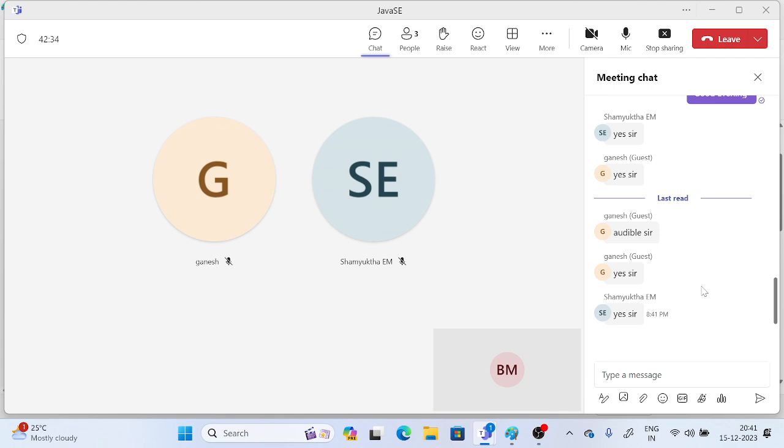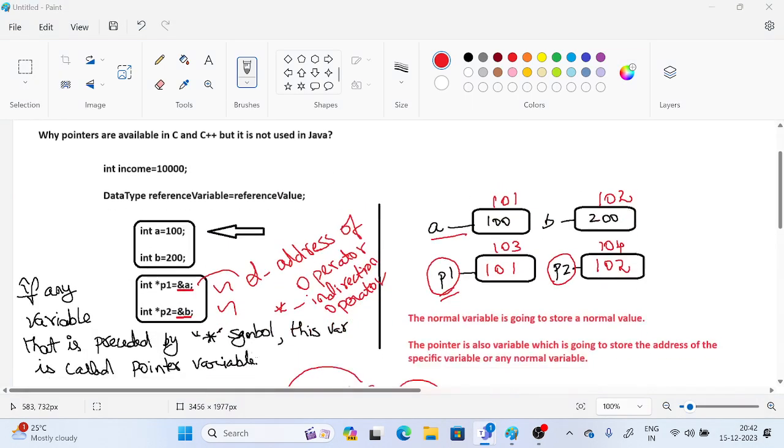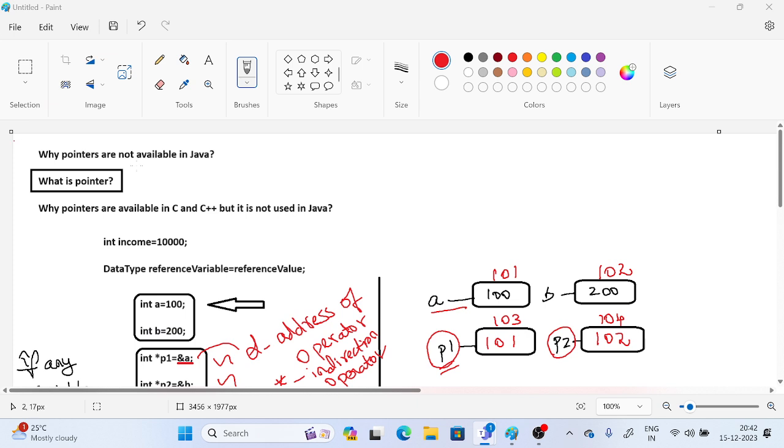And once again, if my screen is not visible or if my voice is not audible, I cannot confirm it, so any one of you can tell me, or you can unmute yourself and tell me it is not audible or not visible. Because I am under the impression that the class is going on. Okay, so let me save this part, then we will go to